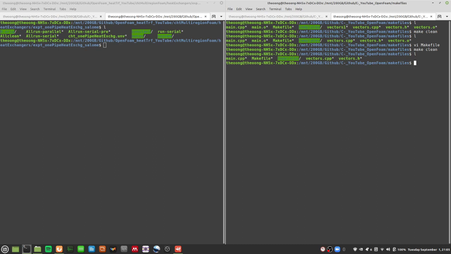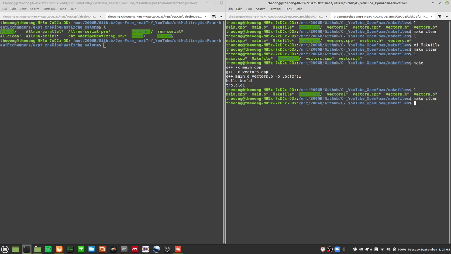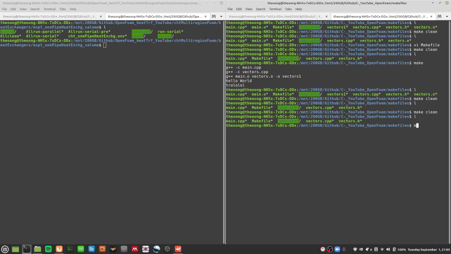Can you see that? If I do a make, it will do all of this here. If I do a make clean, it will erase everything. So that's roughly how you want to work with Makefiles. One of the nice things about it is that if, let's say, you already compiled your